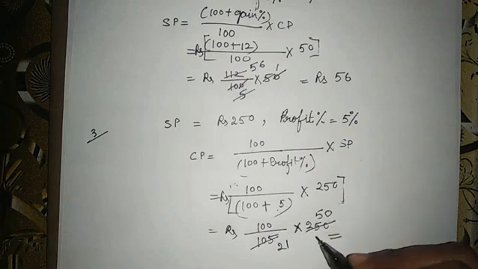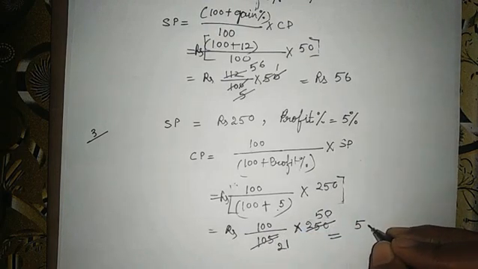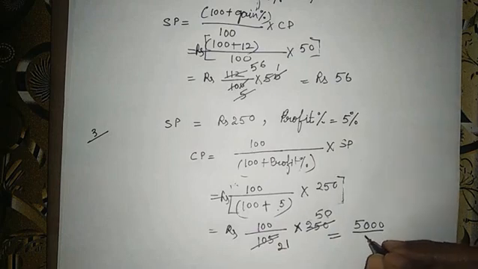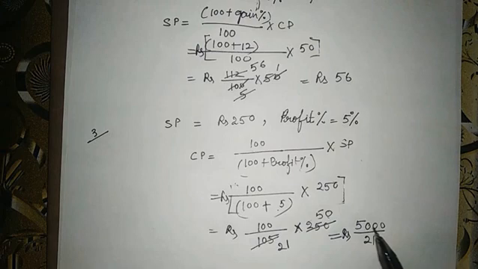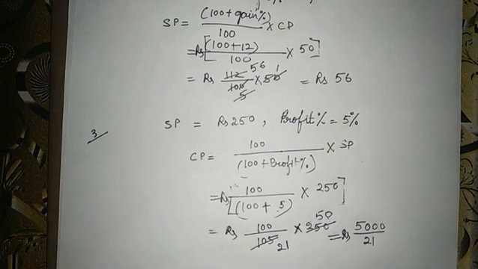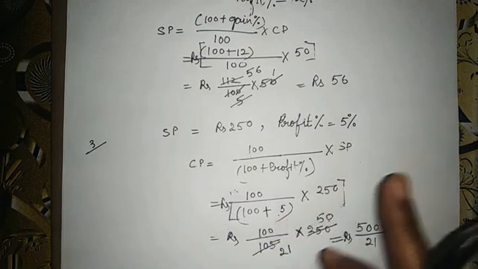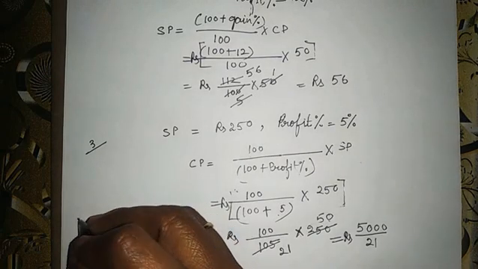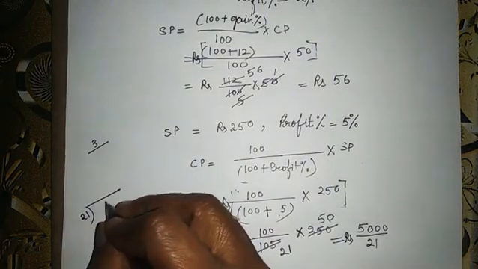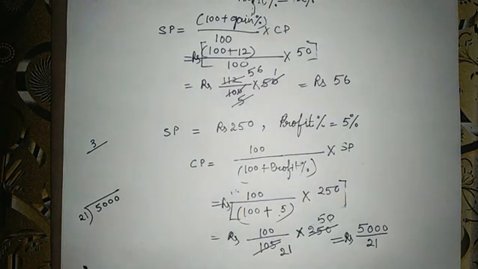We cannot reduce it more. So what we will do? We will multiply numerator and numerator. 5 ones are 5, and after this 5 we can put 3 zeros. And in denominator we will write 21. Now this number we will convert into mixed fraction. So for this, students, you will do rough work on this side. I have no space, so that is why I am doing it here. Now see, 21 and this 5,000. Okay, 5,000 we will divide by 21.